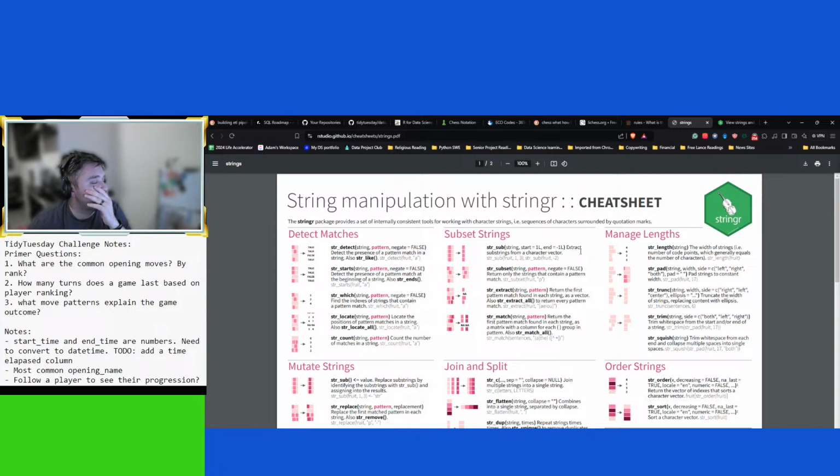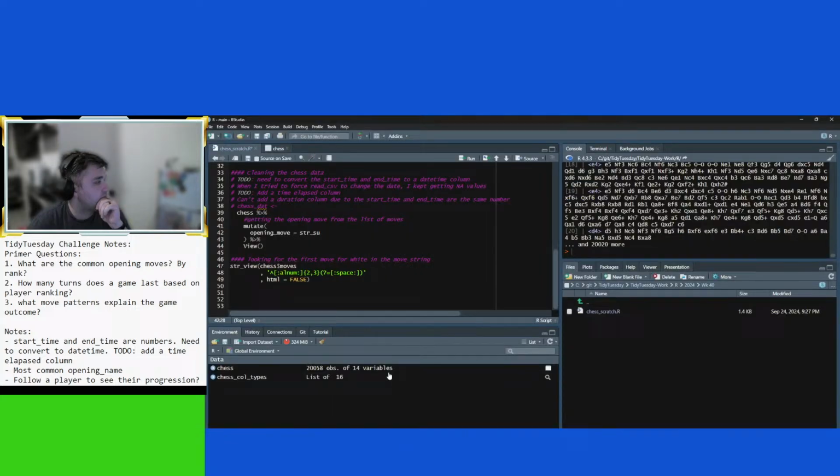Extract substrings from a character vector. These strings that contain a pattern match. String subset. Return the first pattern match found in each string as a vector.